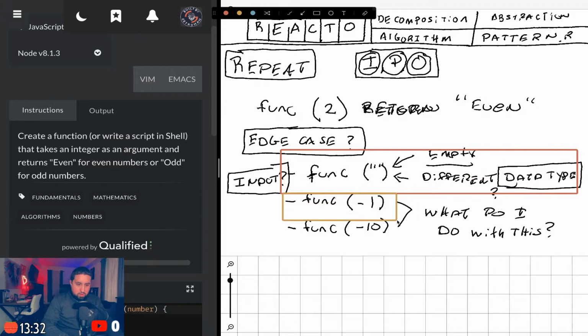We have a negative integer, actually two negative integers. What do I do with that? So empty and different data type. What if they pass, for whatever reason, an array or object, a string, some other weird primitive data type to throw me off, and my function's not accounting for that? I can't think of anything else, so I'm going to move on from this part.